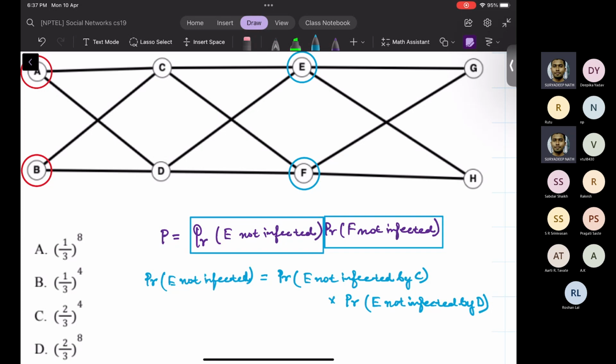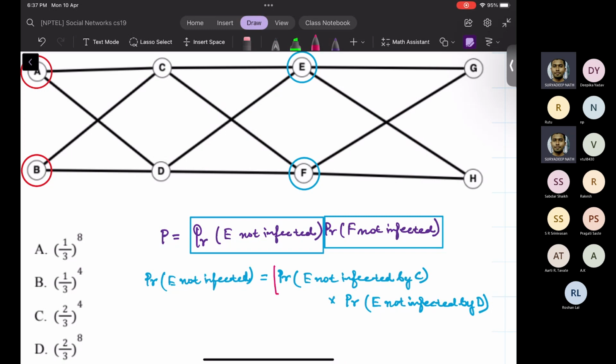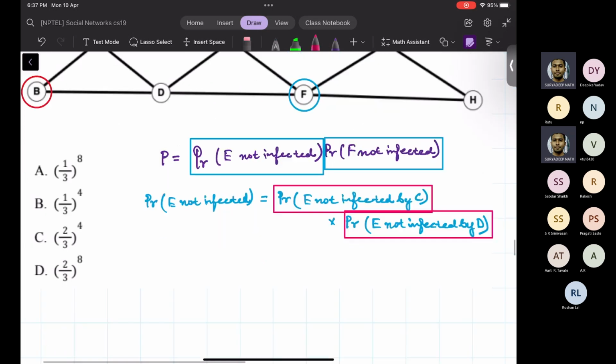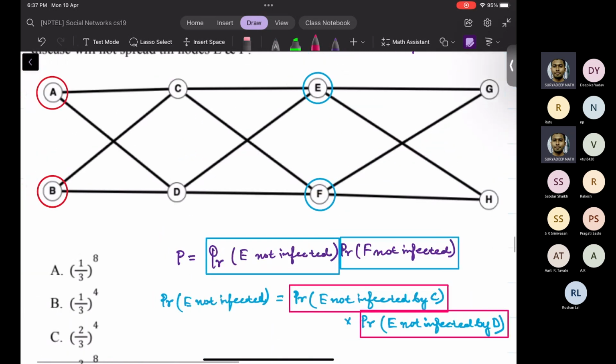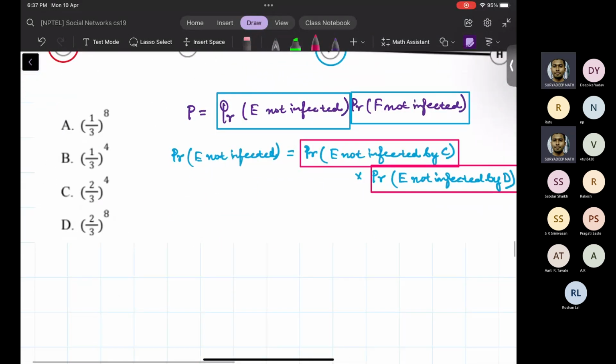Now again, these two terms, probability of E not getting infected by C and probability of E not getting infected by D, are the same terms, because of the symmetry in the network. So now let us solve these terms one by one. So probability of E not infected